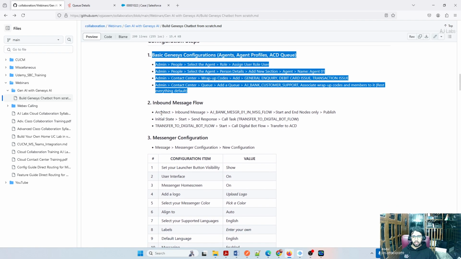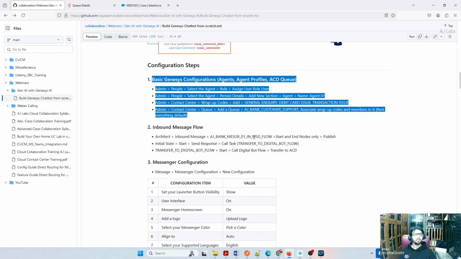Okay, Abdul here. This wrap-up code, as we are disposing on Genesys, can this be integrated to the CRM, and be captured into the CRM? Yes, that is possible. It can be integrated with the CRM, and this will also help us with reporting. Genesys natively offers a lot of reporting capabilities where you can pull the calls based on the wrap-up code, like how many calls happened this month for this particular wrap-up code. That is possible. Of course, yes, it is a limitless platform.